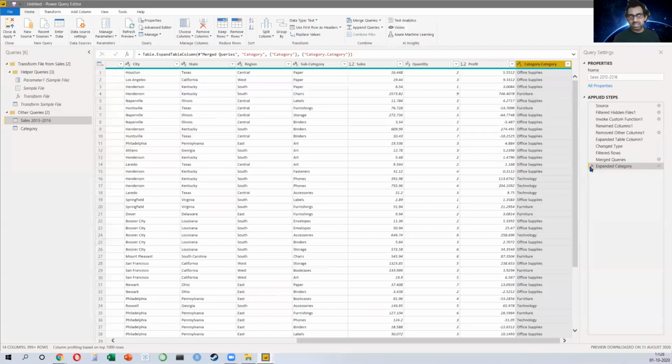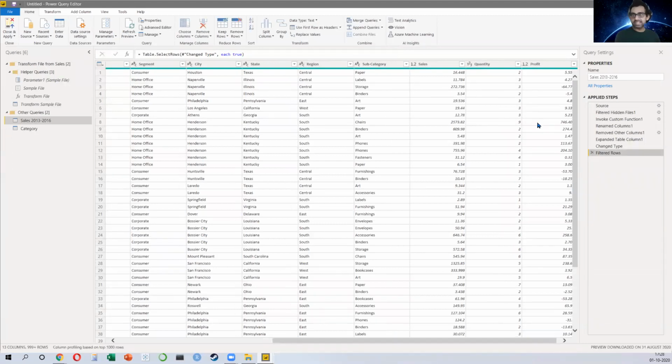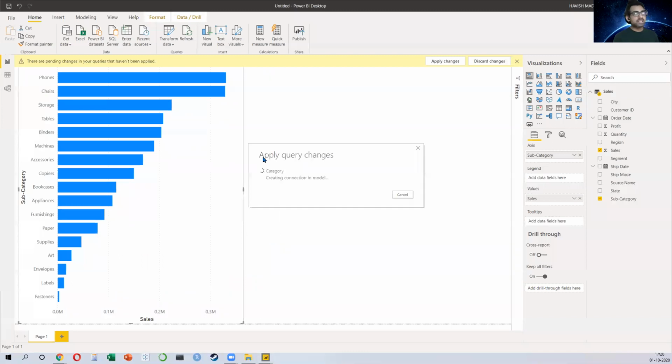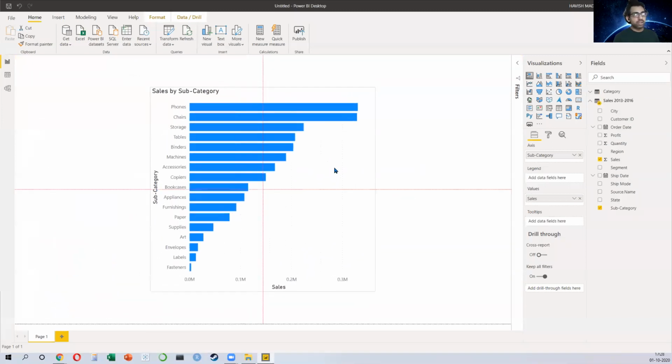And you know why? Let me just cancel these last steps. So I'll just click on the close button. This is how you delete a step. And I'll go back to close and apply. Now the problem is that here I have my data, everyone, right? And please watch very carefully.